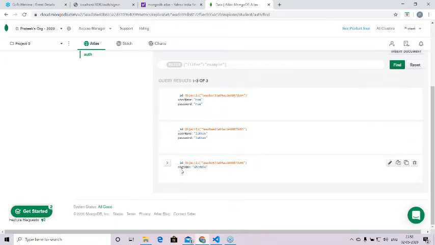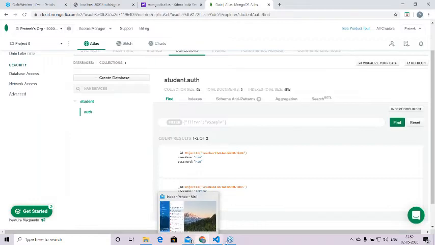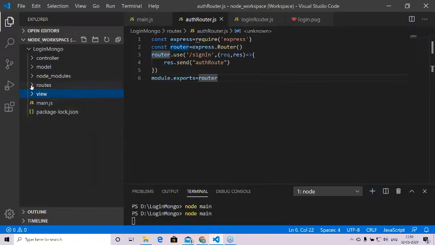But in case of a NoSQL database, for example, I have an engine number for this row and car name as a second field for this row, and suppose I'm inserting the fourth document. There I only insert the engine number, but I do not know what the car type or car name is. So I will not put a null. I will not enter that field itself. Dealing with null values is relatively easier when you work with NoSQL databases, because you don't have to enter that field at all. So now let's get back to our application in Node.js,